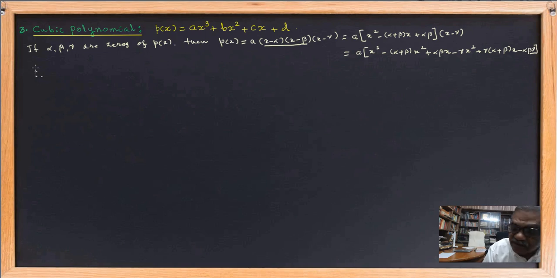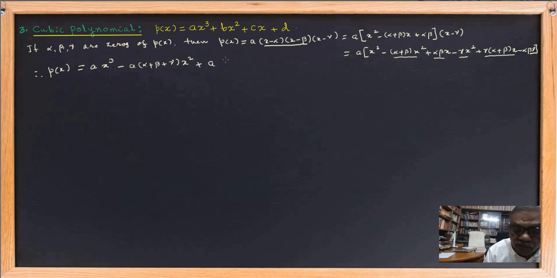Simplifying this one by adding the x square terms, and then adding the coefficients of the x term, p(x) is equal to a into x cube minus a into (alpha plus beta plus gamma) into x square